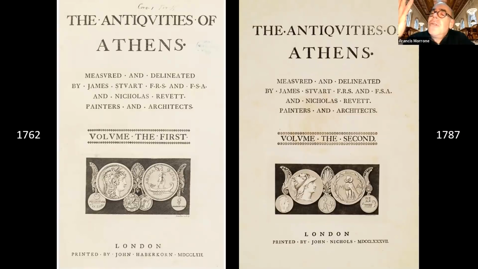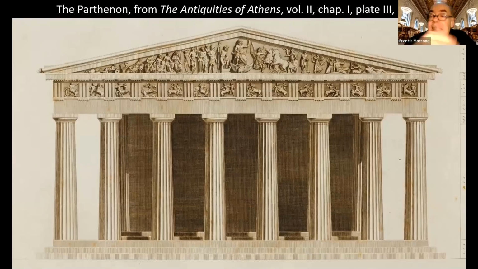In other words, who would even think of designing a building that wasn't based on one of the plates in the Antiquities of Athens? But they're just wonderful volumes to browse in and also to learn from. And this is why. It's not just those marvelously evocative scenes, such as the one that I just showed you, but the measured drawings that they produced of these great Greek monuments that showed what they looked like originally.